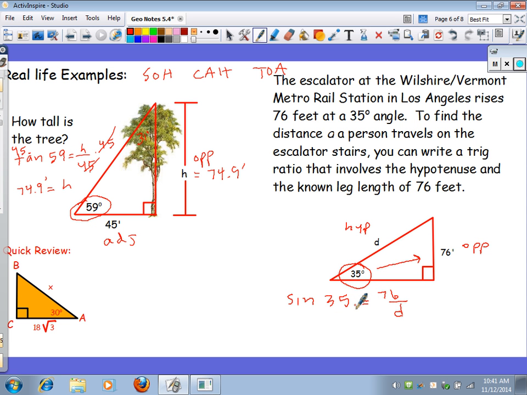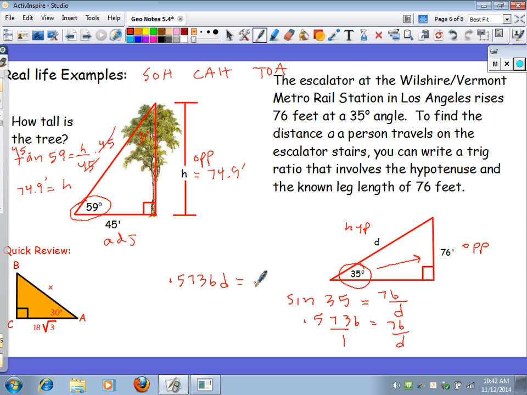I could find the sine of 35 on my calculator. I get 0.5736 equals 76 over D. I could put a 1 under it. I could cross multiply to get